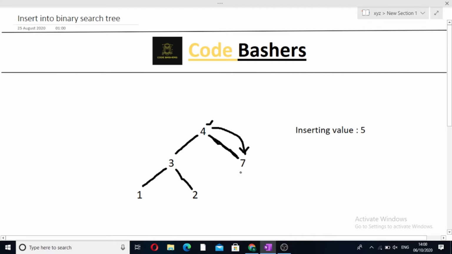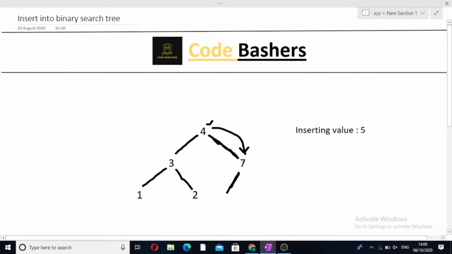Now we encounter a 7 and we will see whether the value to be inserted is less than the root node or greater than the root node. Now we can see that the value to be inserted is less than 7. It means it should be inserted on the left side of the 7.